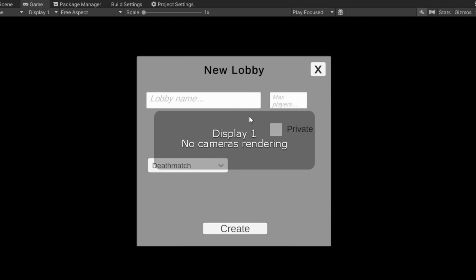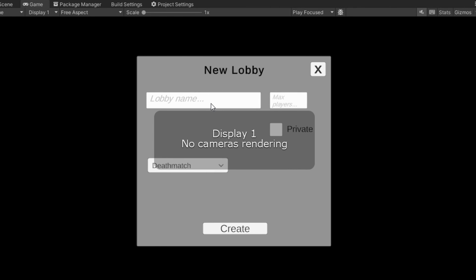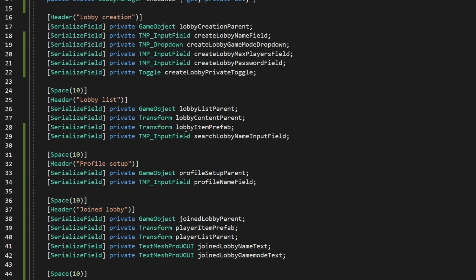And there are two last things that I want to show you. The first one is how to filter through the lobbies. So you can either search the name of the lobby, or you can just select which game mode of the lobby it should be, how many players there should be, or how many free spaces there should be, and so on. I have created a variable for the input field where we can actually search for the name of the lobby,